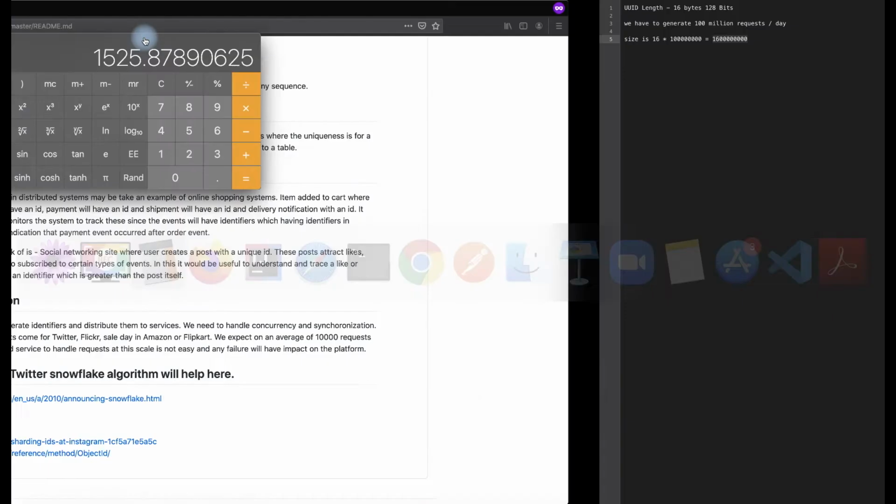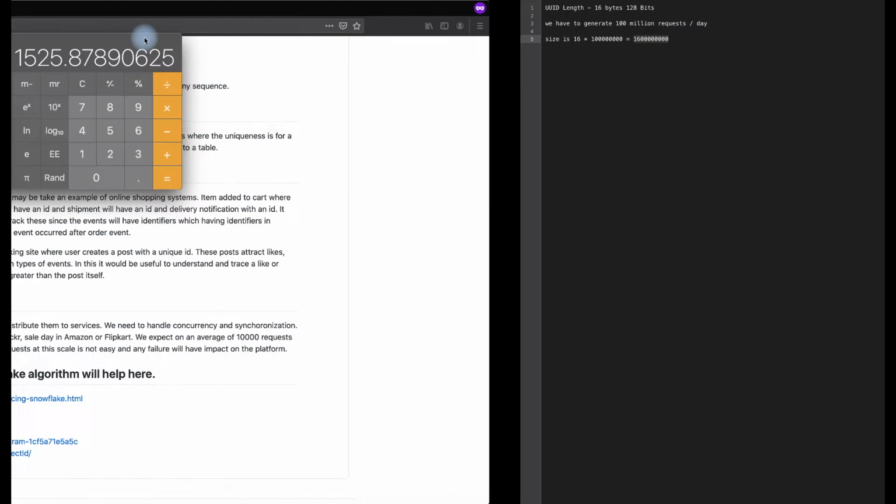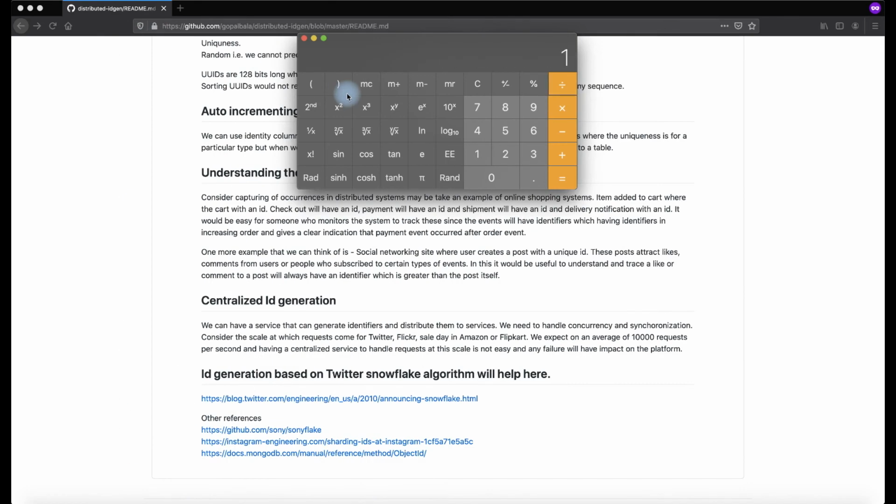And when I take this total bytes and divide by 1024, this is the kilobytes. Divide by 1024 again, this is the megabytes. So we will end up needing around 1525 megabytes, which is 1.5 gigabytes of memory, only for persisting UUIDs.